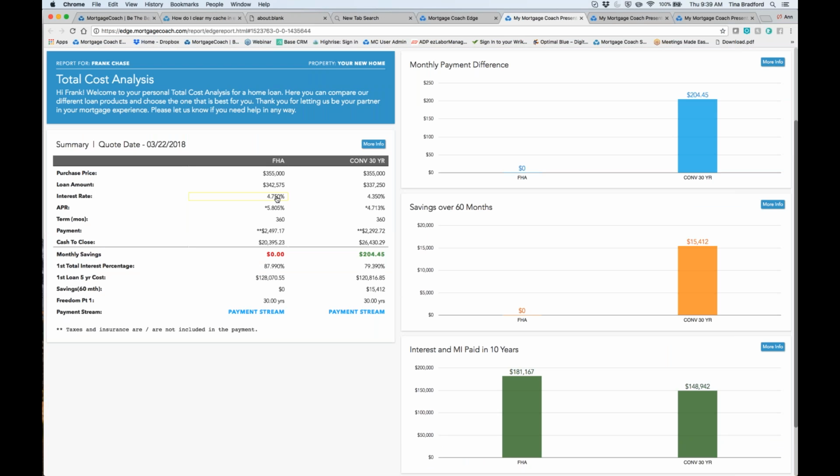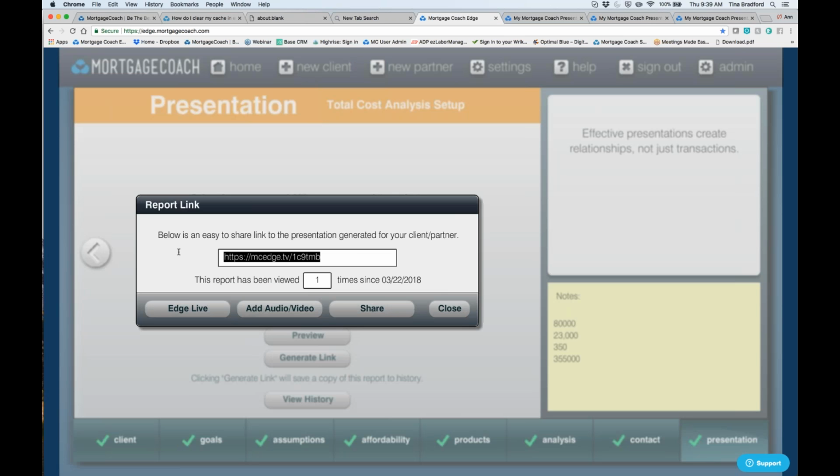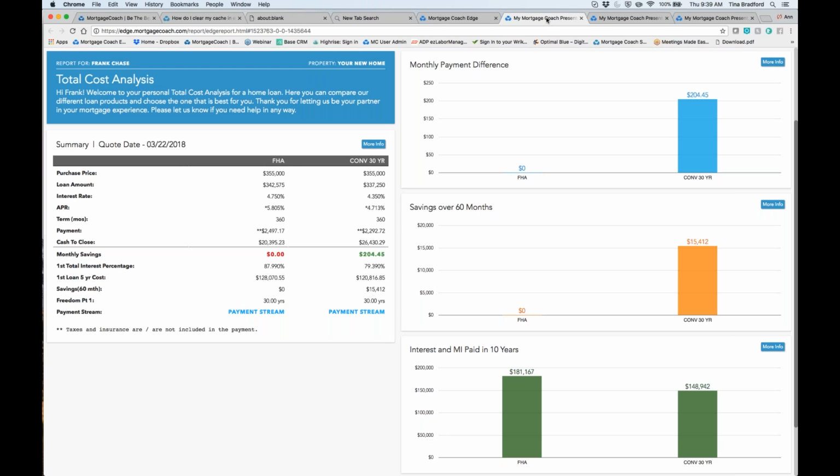Now, if they're on the phone, you're going to go in and highlight this and say, you know what, I'm going to send you over an email right now. Are you at a computer? Or can you get to a computer? Great. So you're going to copy it just by Command C, put it into an email, type in their email address, and send the presentation to the client. Wait for the client to let you know when they've opened that presentation up.